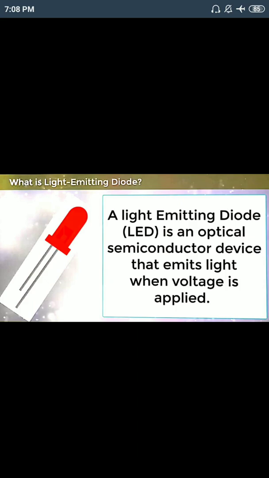This is called forward bias. In forward bias, the P side, P meaning positive, of a semiconductor is connected with the battery positive, and the N side is connected with the battery negative. Here also, because this LED is a semiconductor diode, the long leg represents the positive side and is connected with the battery positive, and the short leg represents the negative terminal and is connected with the negative terminal of the battery. This is a forward bias connection.